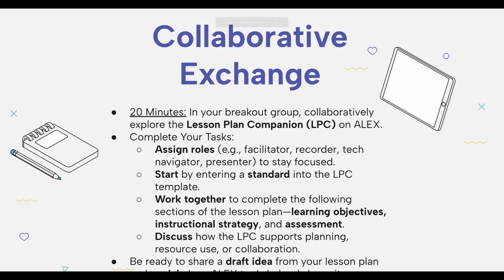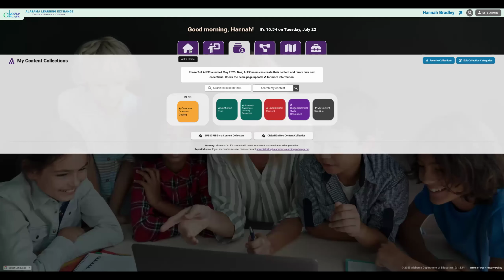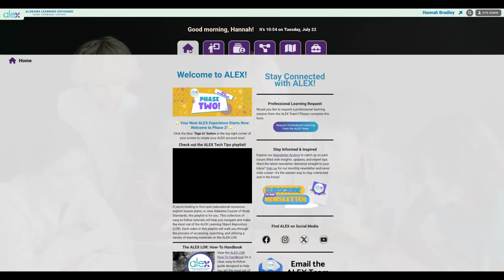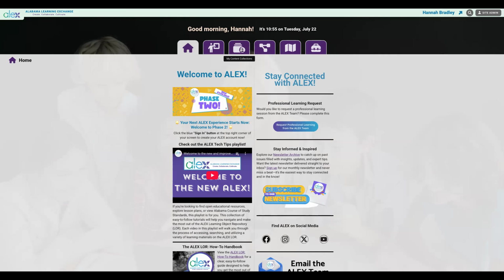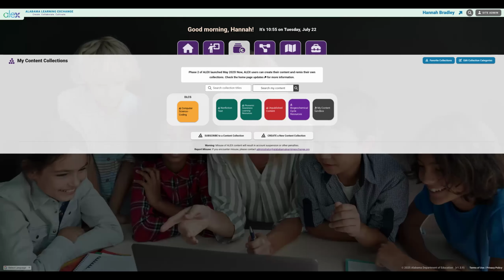So once you have logged into Alex, that's step number one, is log into Alex. And if you've got this pulled up in another tab or another window, you can follow along with me. Step number 2 is to click on My Content Collections. So step 1 is log in. Step 2, click on My Content Collections tab.